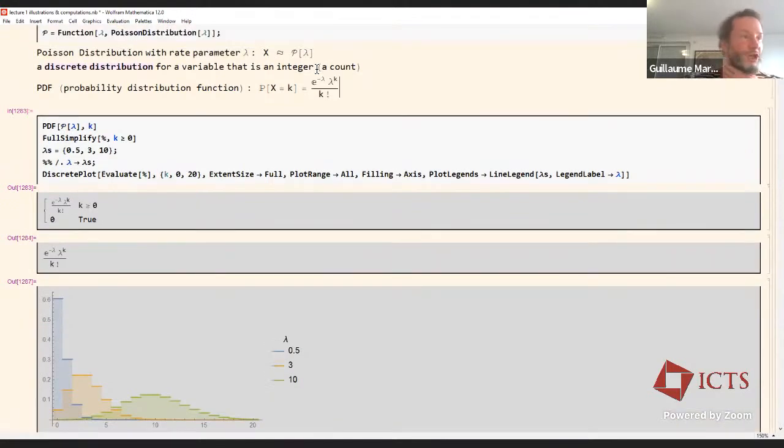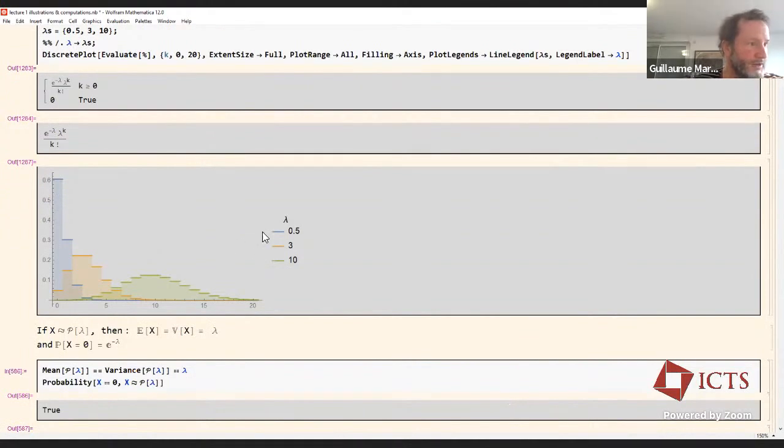So this distribution has a simple formula for the probability. It depends on the one parameter of the Poisson, lambda, and on k. And here is what it looks like. When lambda is, say, 0.5, it goes from very likely having a count of 0, then a bit less likely a count of 1, a count of 2 is a lower value, and it goes down and down. And as you increase the parameter lambda, you have a distribution that looks more like a gamma. You have some excess of counts that are more and more frequent. And as you go to larger values of your parameter, it starts to look bell-shaped, like a Gaussian, if you wanted,